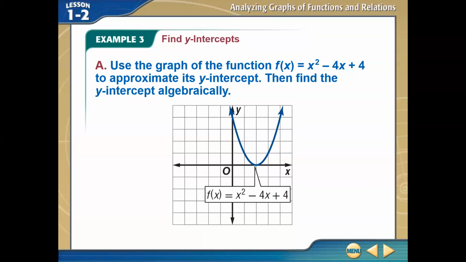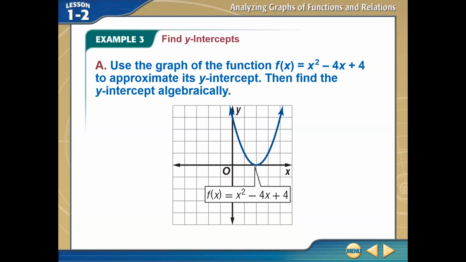So our next example, we're asked to find the y-intercepts. Once again, we're going to estimate, and then we're going to find it algebraically. We're given the equation f of x is equal to x squared minus 4x plus 4. And right there you should have a hint about where your